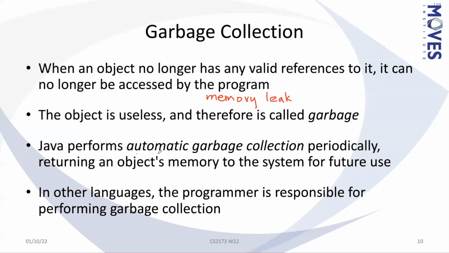Okay, what Java does is Java has something called automatic garbage collection, or it has a garbage collector. And periodically what it does is it goes through and it identifies these objects that can't be referred to anymore. How does it do that? It actually uses a very sophisticated approach called mark and sweep, which is kind of better than the reference counting that older systems used. You don't have to worry about the details of that. Just know that Java takes care of it. And mostly it's something that you don't really have to worry about too much, other than